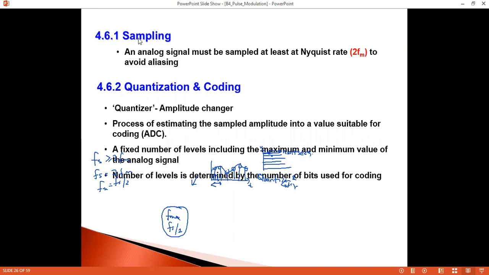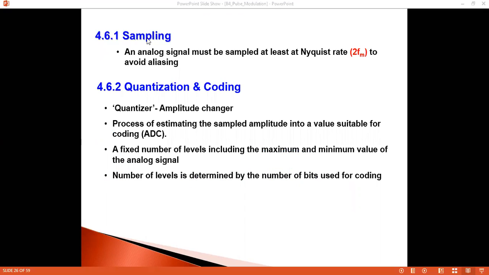Okay, so for sampling, the important thing is that the sampling frequency that we choose has to be at least equal to the Nyquist rate, which is 2 fM. So this is the minimum. Okay. So as for quantization and coding,